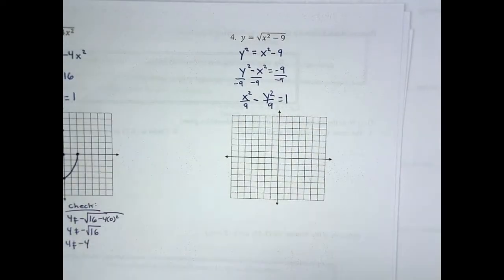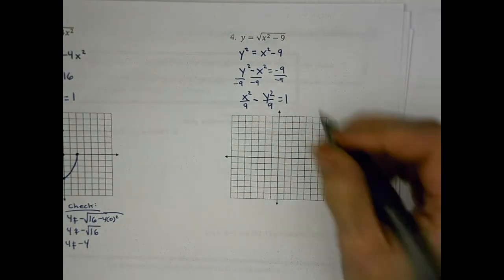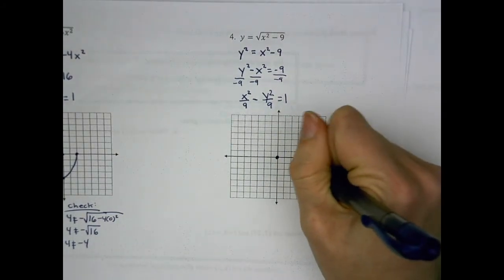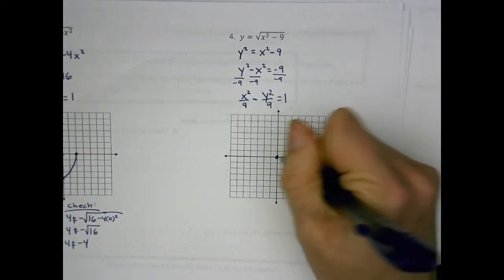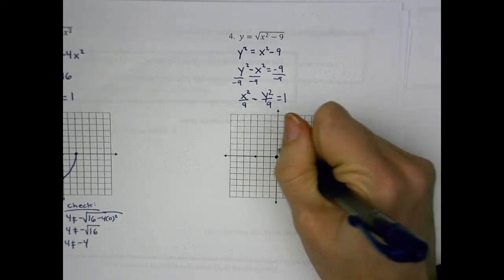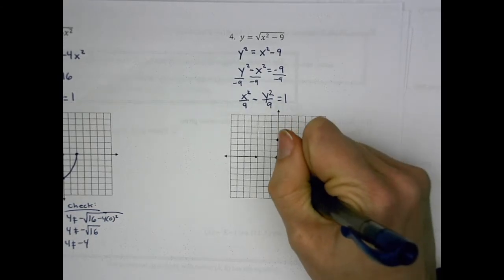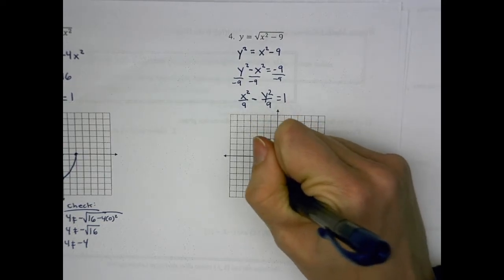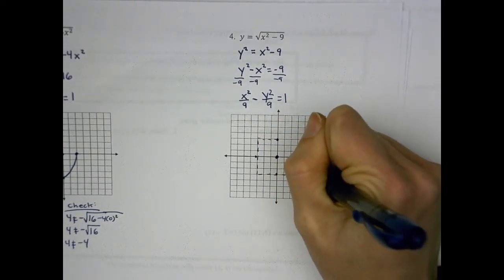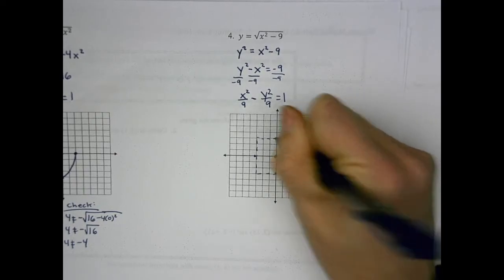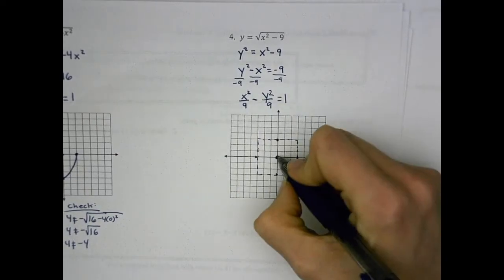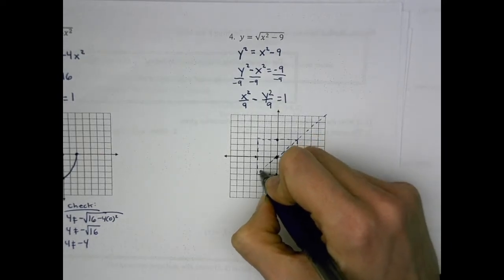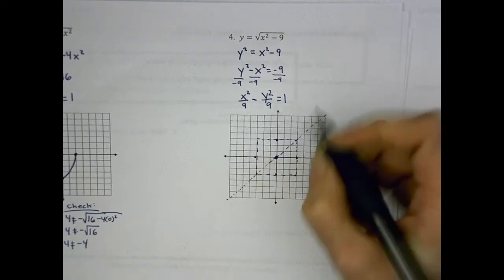And this is a hyperbola, or a half hyperbola. Okay, so my center is at 0, 0. And then my delta x is 3. My delta y is 3. And I've got my little box with the ability to do my asymptotes. In this particular case, this function leads off with an x, because we have our x squared over 9 minus y squared over 9. And so I know as I complete my box and my asymptotes here that my hyperbola is going to be